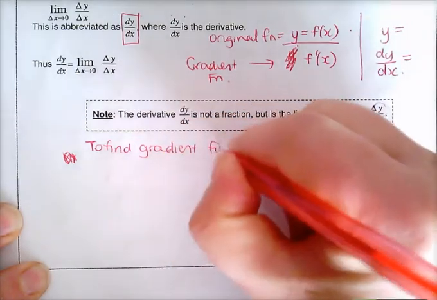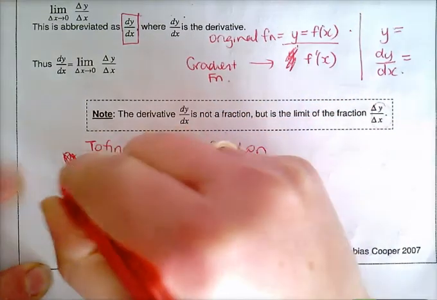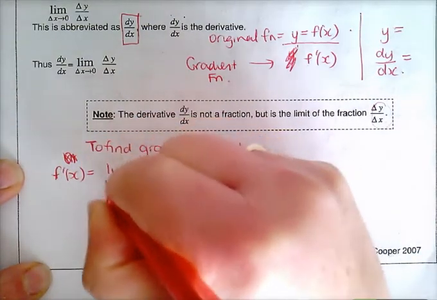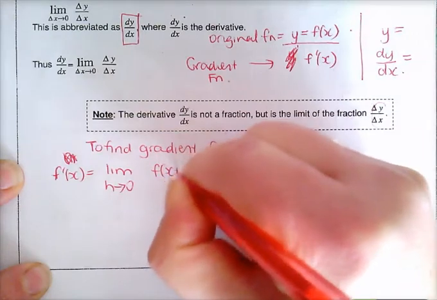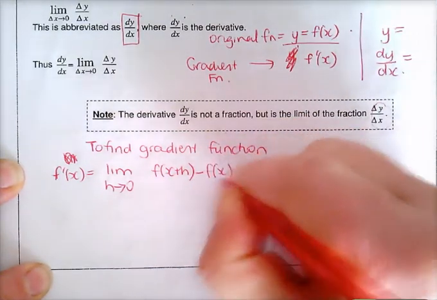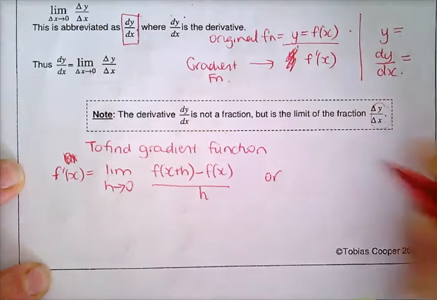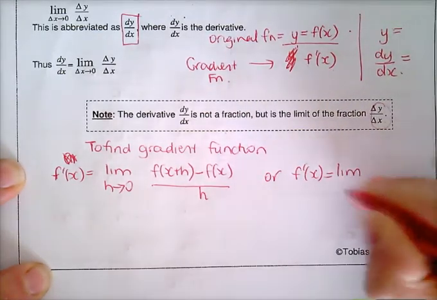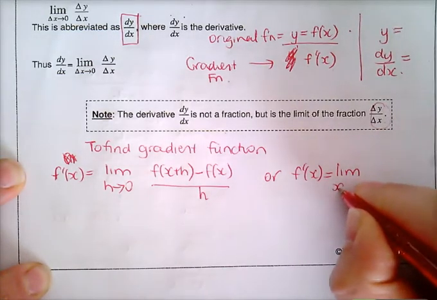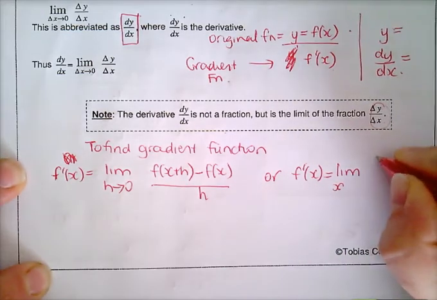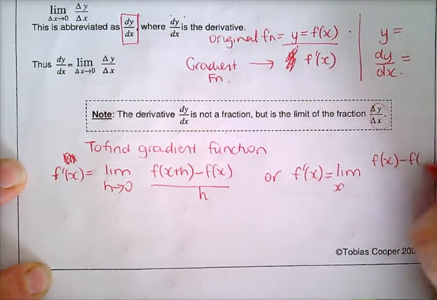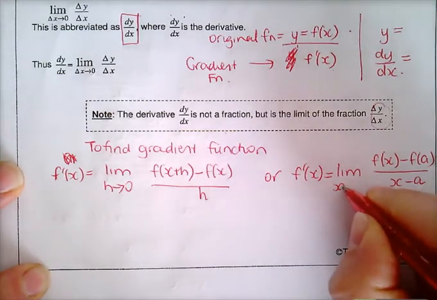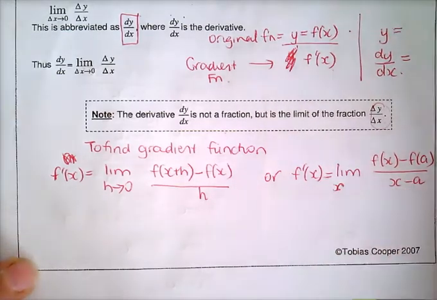To find the gradient function, we either use f dashed x equals the limit as h approaches 0 of function of x plus h minus function of x over h, or we can use that the gradient function f dashed x is the limit of function of x minus function of a over x minus a,